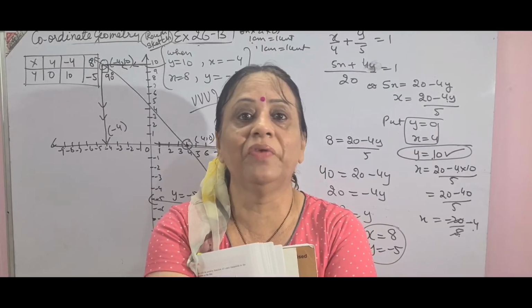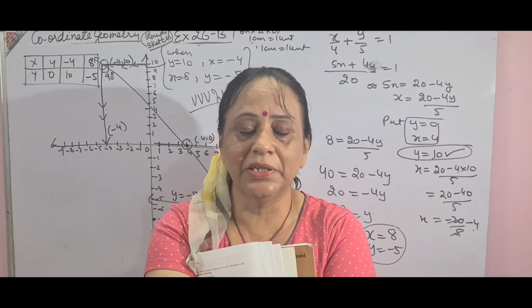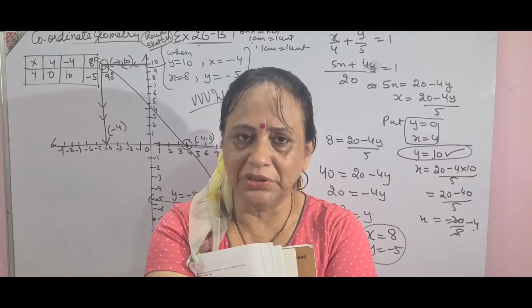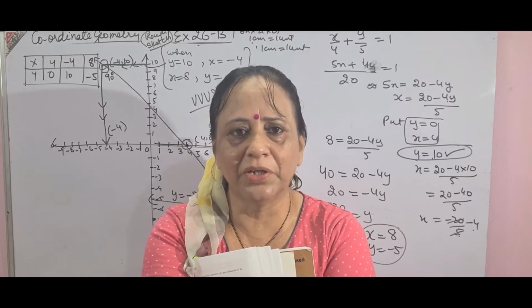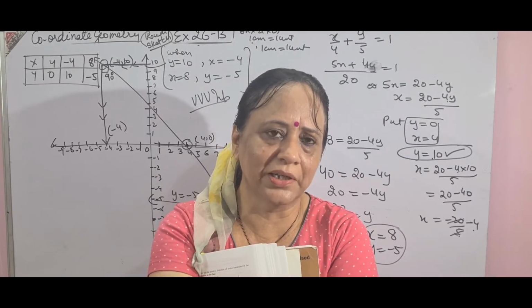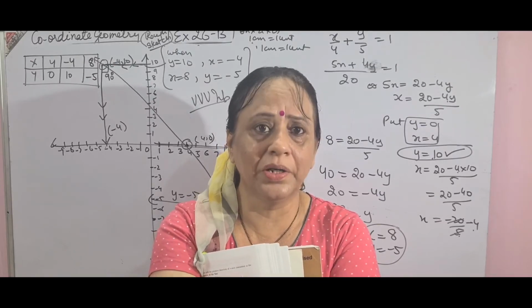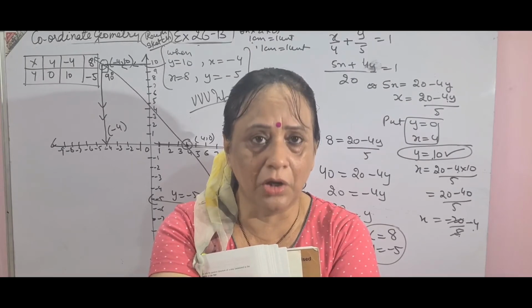You will verify that all the 3 lines are passing through one single point. Over here in this question, it is given in very simple language that they pass through the same point, but the other word for this is concurrent. So if the 3 graphs are passing through one single point on the same graph paper, they are said to be concurrent lines, the lines which are passing through one single common point.